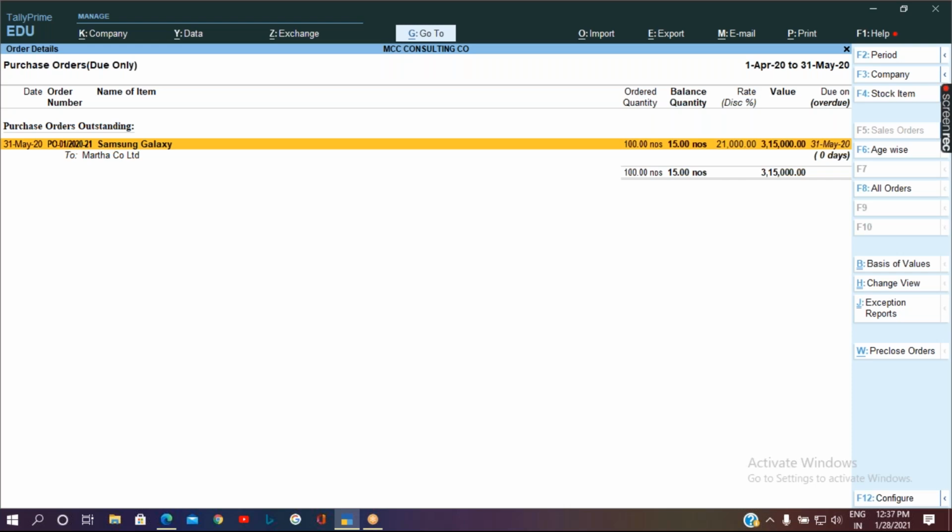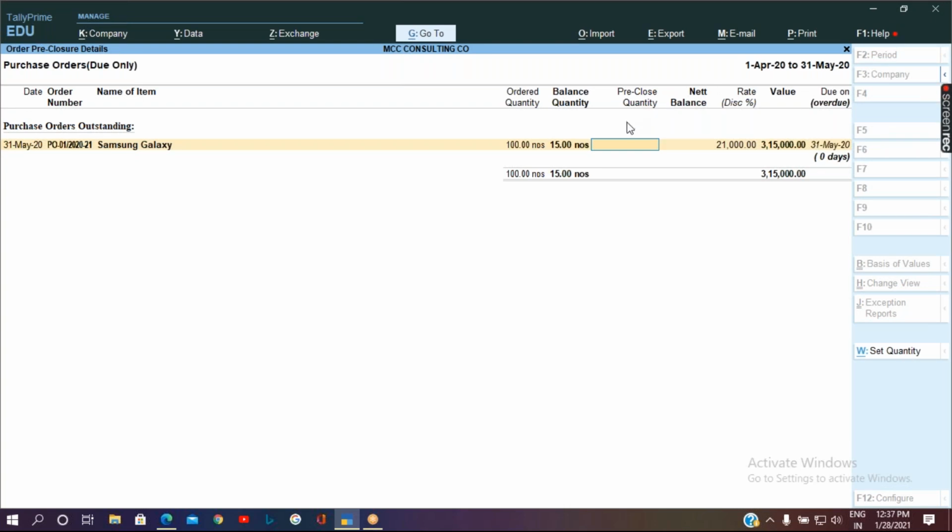How can we do this? We have to press space bar to select. Then we have an option on the right hand side called pre-close orders. So that is for orders which are pending and you do not want to continue with that order and now you want to pre-close it. So press Alt W.